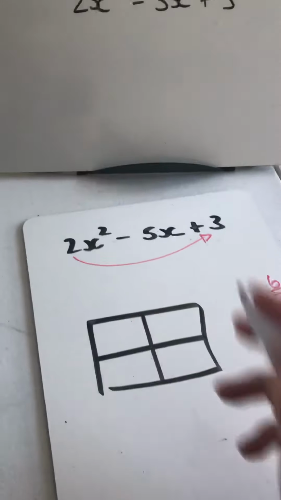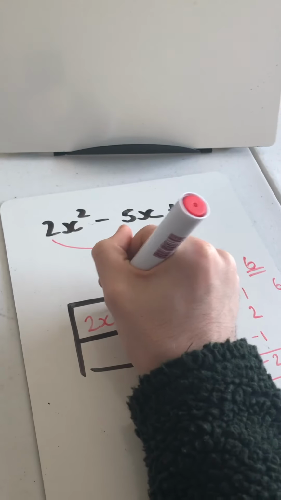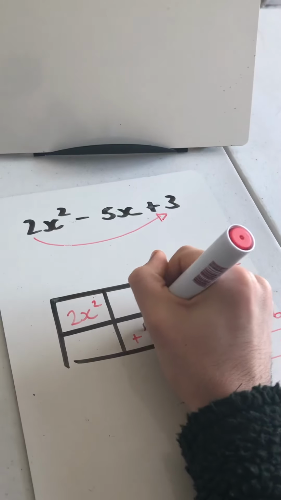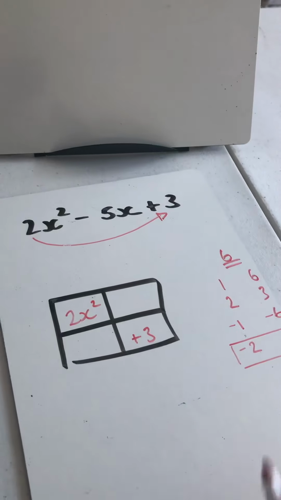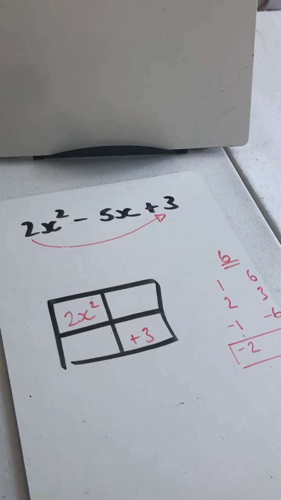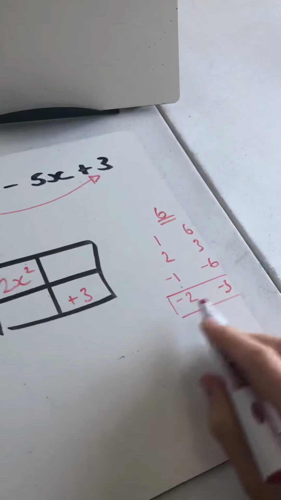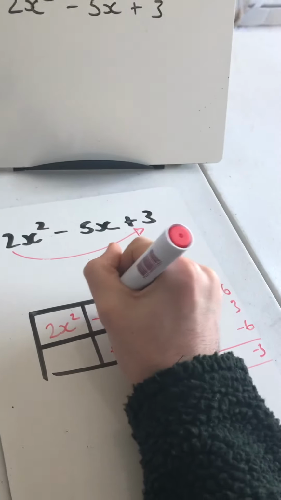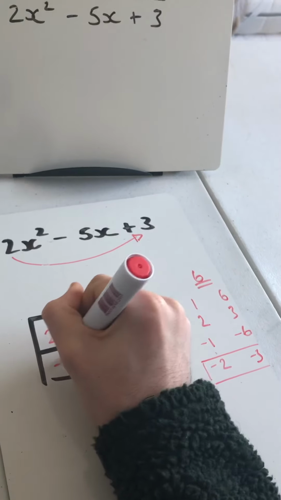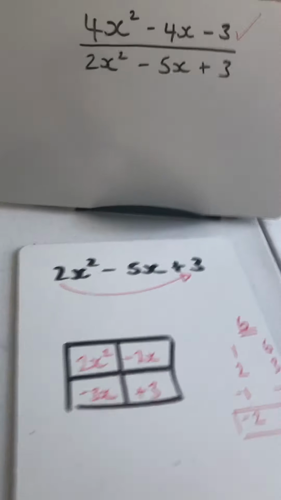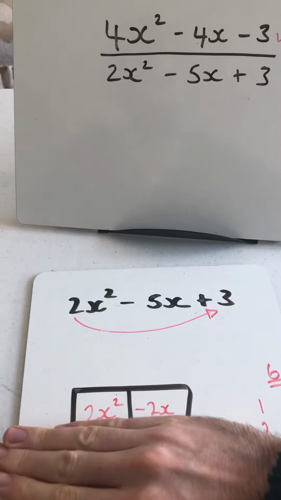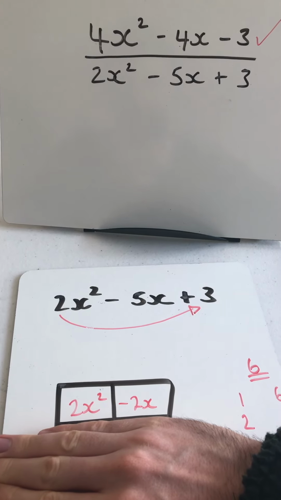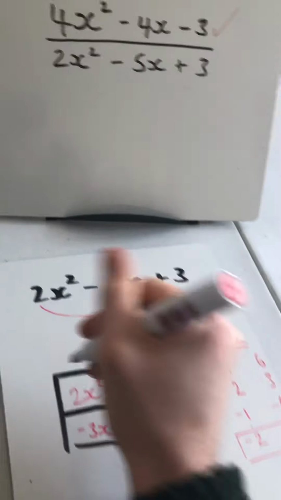So filling out our grid, top left box we put in the first term, the 2x squared. We put the positive 3, our last term, in the bottom right box. Okay, so now we need to input this into our grid, but not as negative 2 and negative 3, but as negative 2x and negative 3x. Now we look at that top row and ask ourselves, what's the highest common factor there? Highest common factor is 2x, so that goes on the outside,